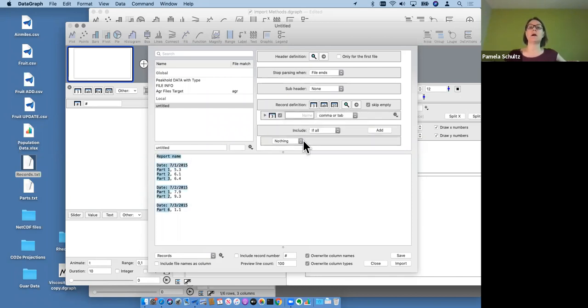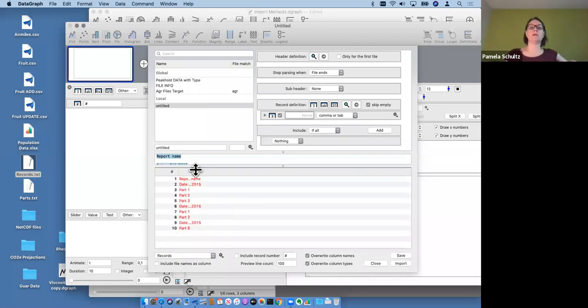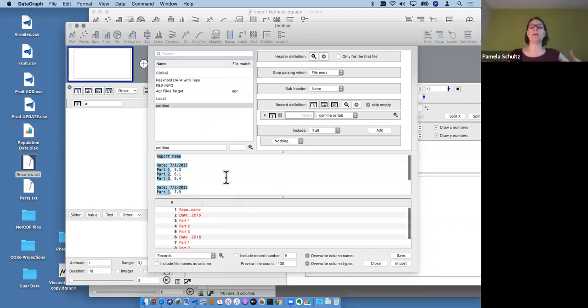So if I click on the number, for example, then you'll see that the beginnings of these lines are identified, and it's going all the way till there's some kind of end of line to say that's what I'm going to be importing. And if I bring up my window down below, we'll see these highlighted sections